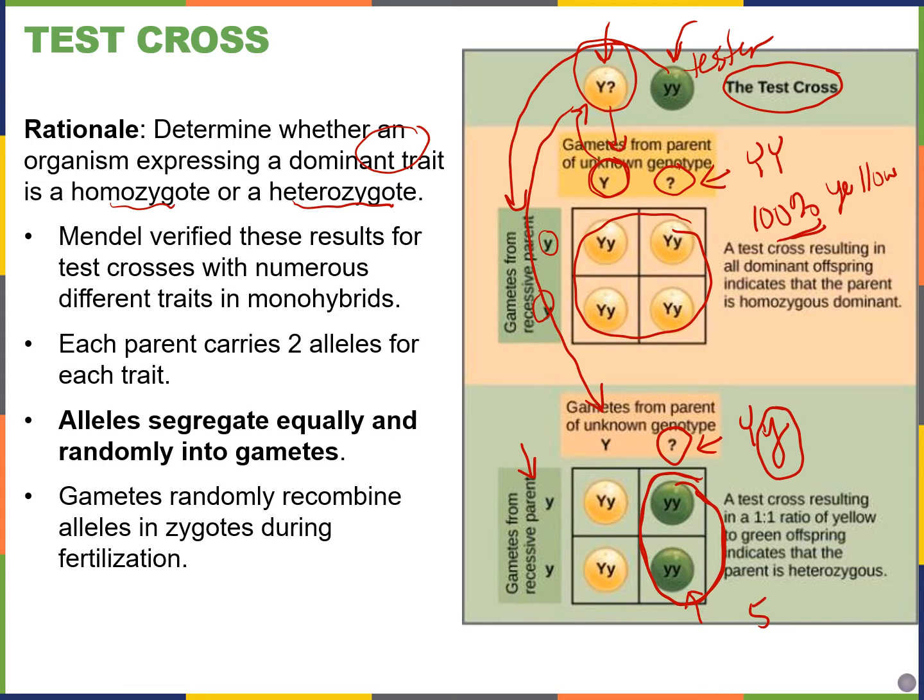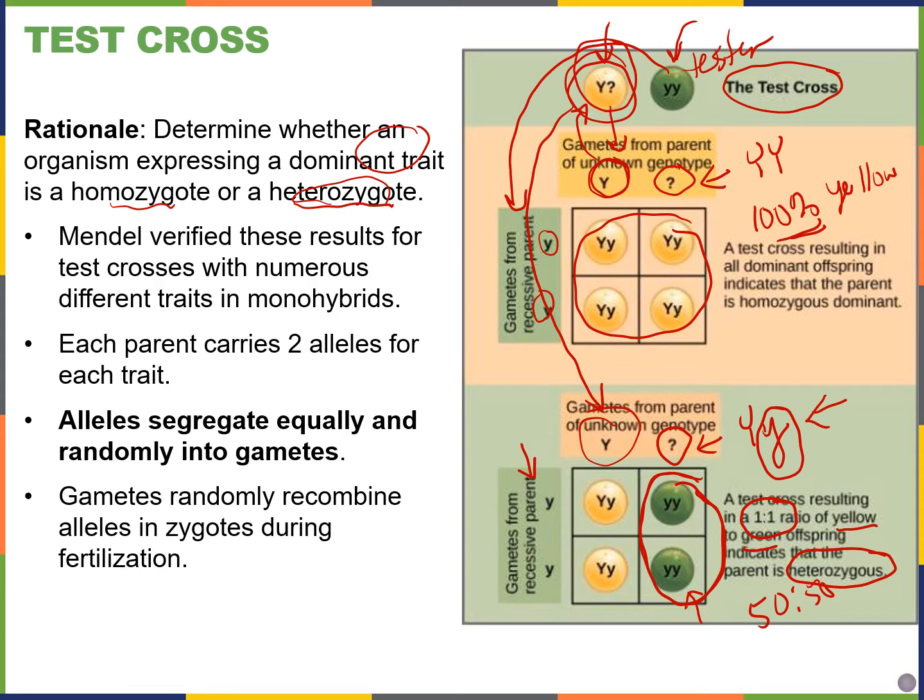So if you see a 50-50, or 50% 50%, which is also a 1-to-1 ratio of yellow to green seeds, then the original unknown parent must have been heterozygous. So this is extremely helpful if you don't know if a parent is homozygous dominant or heterozygous